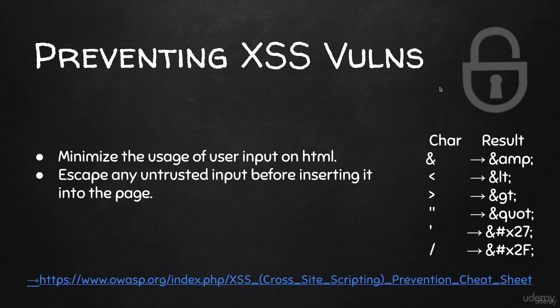Now let's talk about how we can prevent XSS vulnerabilities. The way these vulnerabilities happen is because whenever a user enters something into a text box or into a parameter, that input is displayed into the HTML. So it's treated as if it's part of the page, and therefore, if there is JavaScript in it, the code